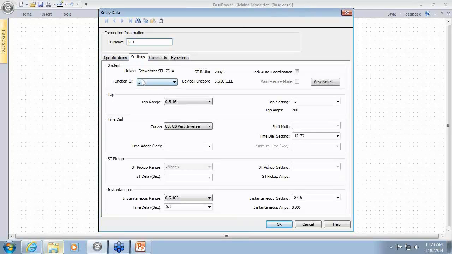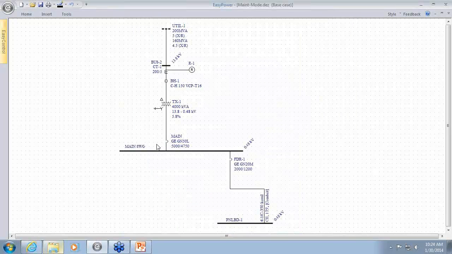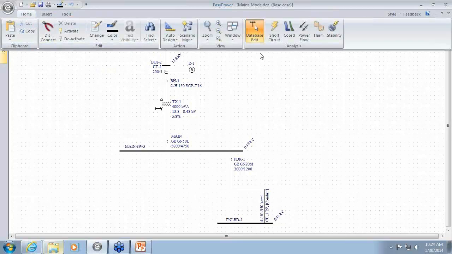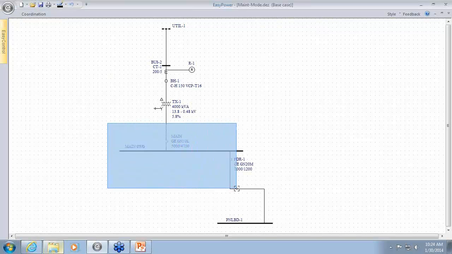So going into the settings dialog, function ID1 is the normal operation, and we have a tap setting and a curve setting, and then we also have the instantaneous. Under function ID2, we have the maintenance mode. So this maintenance mode has been set at 10 for now. So I am going to go back into coordination focus,